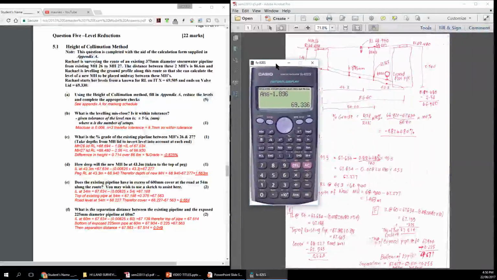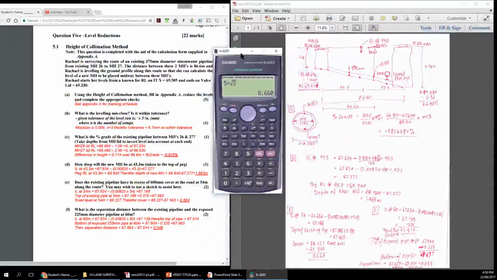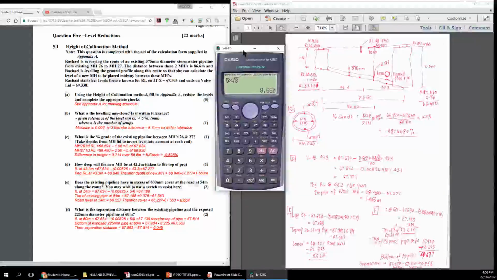Let's just check that out. So it's 5 times the square root of 3 equals 8.660, 8.7mm as indicated there. So that's the tolerance, 8.7, so it's within tolerance. We've got a 6mm misclose. The tolerance is 8.7mm. Okay, so next step, what percentage